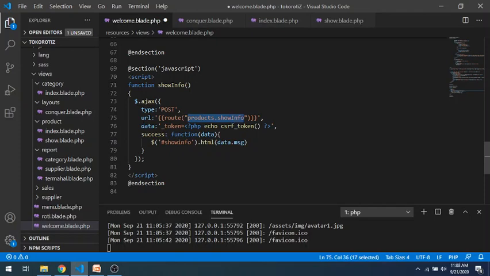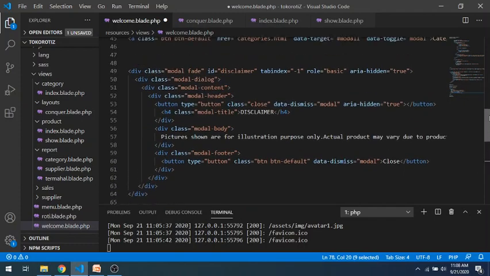And then for every post in Laravel, it must have the token equal to the CSRF token. This must be included in a post call. Then on success we create an anonymous function that shows info in the div showInfo. So showInfo here is related to the div right here.